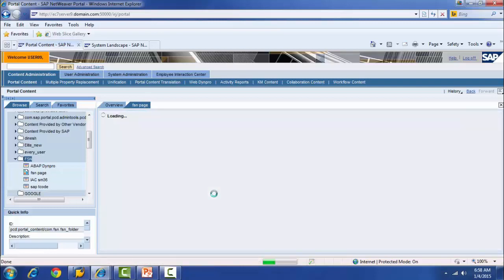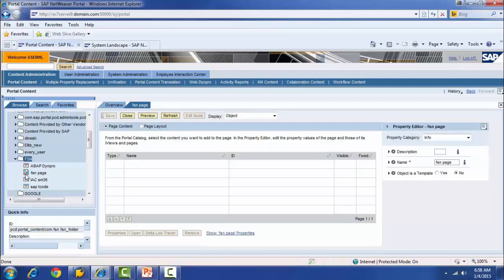See, this is the page, this is the iView, this is the page icon, this is the iView icon. So open the page, right click on iView, add iView to page, delta link, means assign the iView to page,